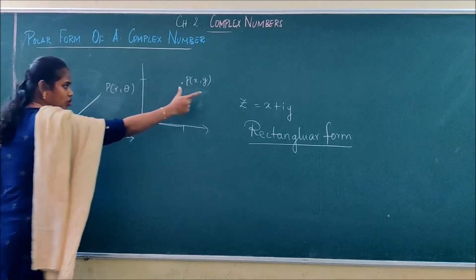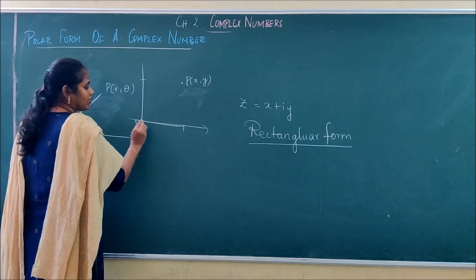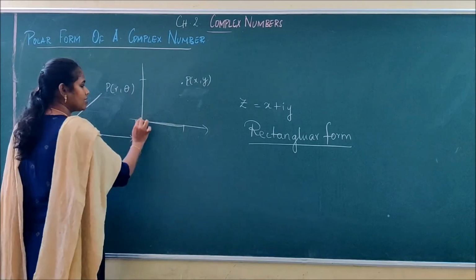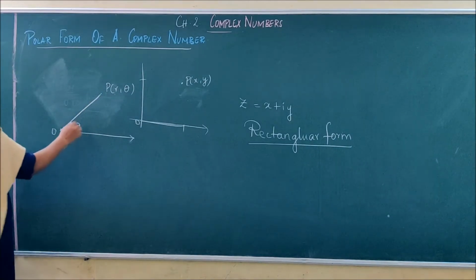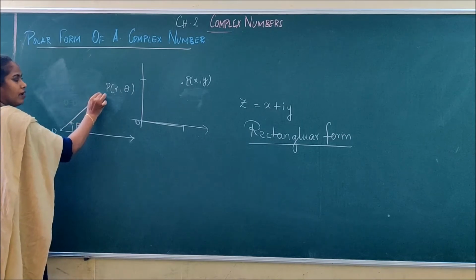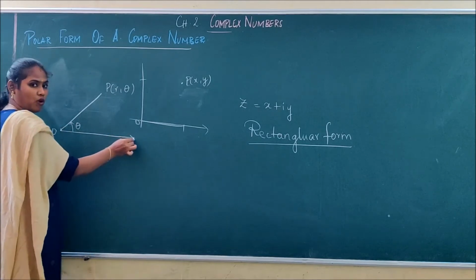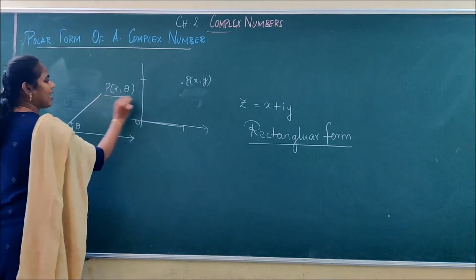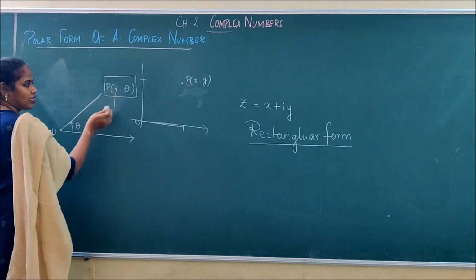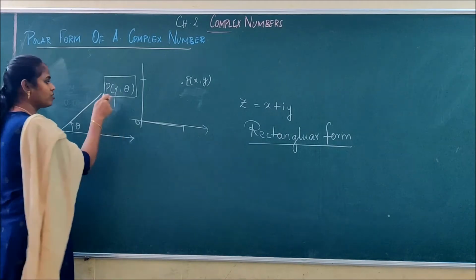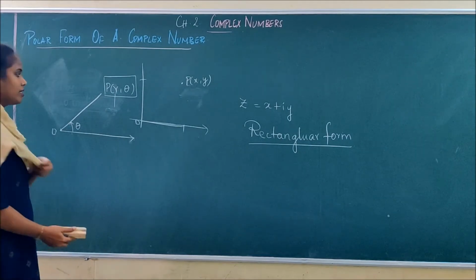This is not the same as a Cartesian coordinate. What is a Cartesian coordinate? It is the distance of the point along the x-axis and y-axis from the origin, whereas the polar coordinate is the distance of this point from the origin and the angle made by the point with the polar axis, that is the initial line. Here we don't know what r and theta are, and now we are going to determine the values of r and theta.